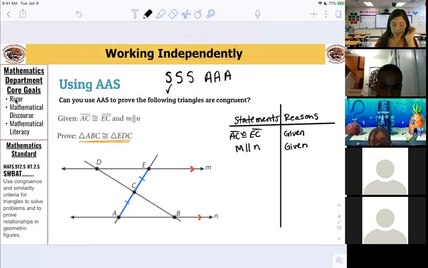DC and BC. Okay, so Emily's asking whether I can say that DC and BC are congruent. Can I say that? Let's think about it. Is that a statement I can make with full confidence? Unfortunately, no. And why not? What would they have to tell me in order for me to know that with full confidence? Right. They would either have to tell me straight up, they would have to say BC is equal to DC,